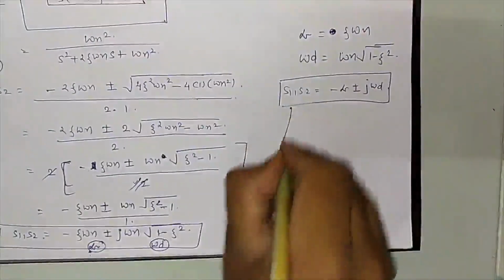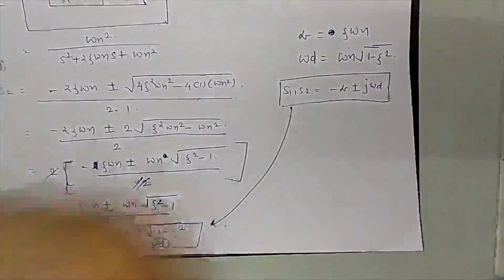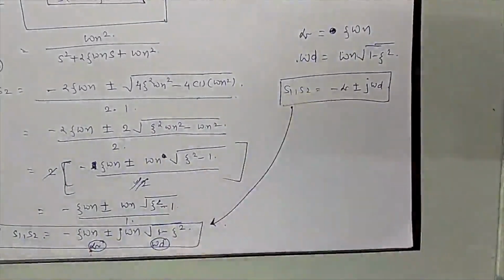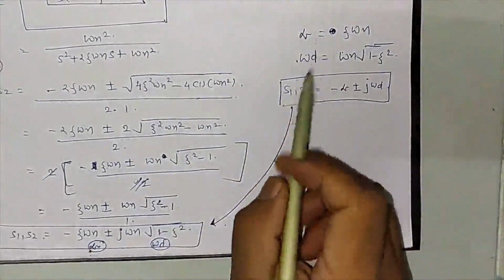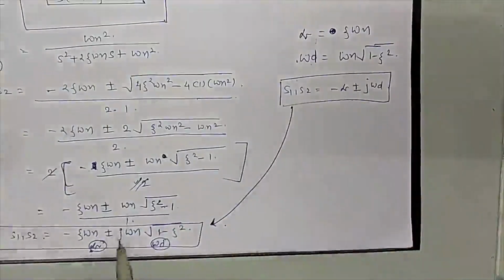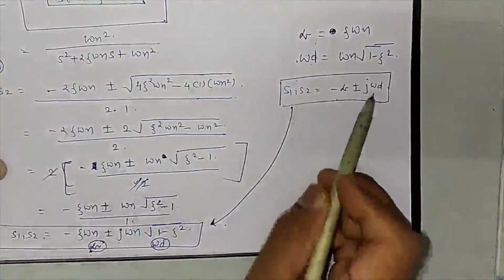I have just compared it with the standard form over here. So your alpha and omega d will be useful in future, so I have just given them a name, so that we do not have to write the whole expression each time. Now